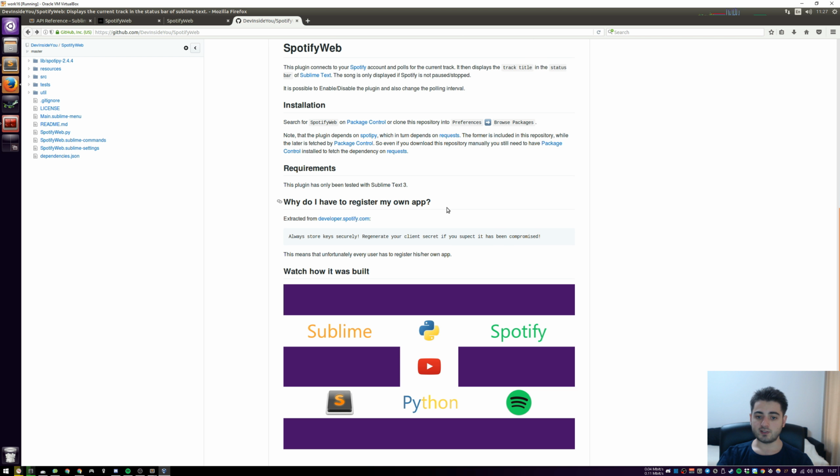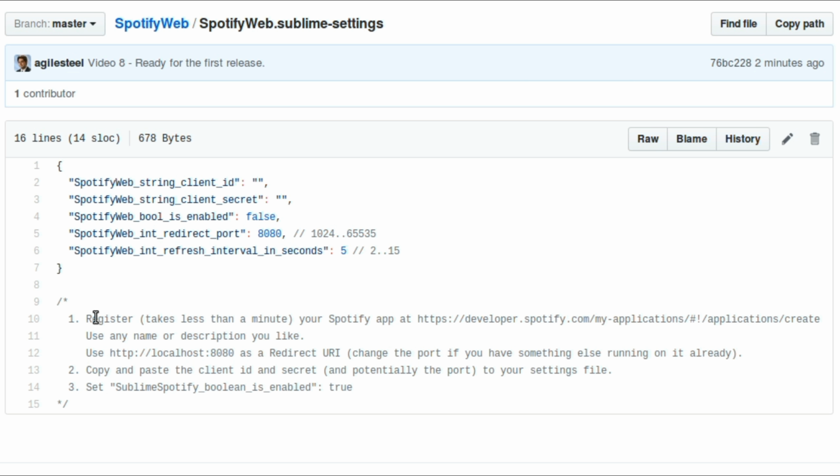Tiny note: why do I have to register my own app? Oh, by the way, I forgot, we didn't look through the settings, the Sublime settings file. So remember, if the credentials are not set, then this file is going to be opened, and it gives instructions. It says, register your Spotify app at this link, it takes less than a minute. Use any name or description you like. Use this URL as a redirect URI. Change the port if you have something else running on it already. Copy and paste the client ID and secret, and potentially the port, to your settings file, and then set this field to true,